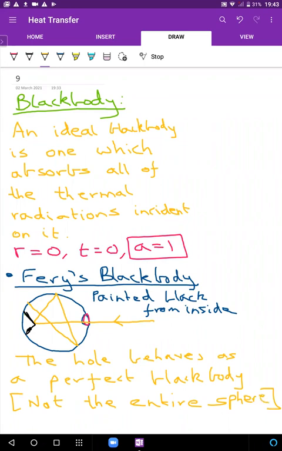So, one second. Let me just address your doubts. One of you is saying, does the black body get heated? Yes, it's absorbing energy, so it's getting heated. But we'll see later, it also emits energy. So there's going to be a balance of the two. It's absorbing, it's emitting as well. And we'll see when it gets heated, when it cools down.